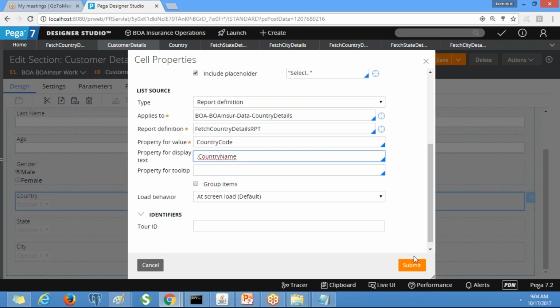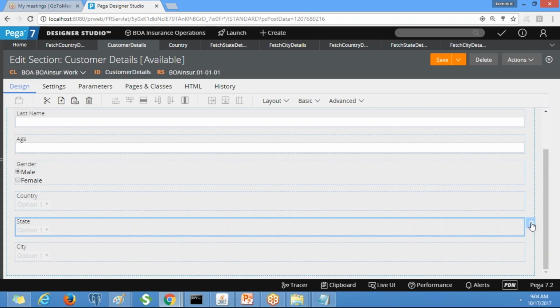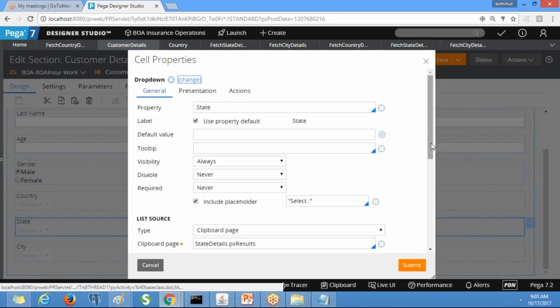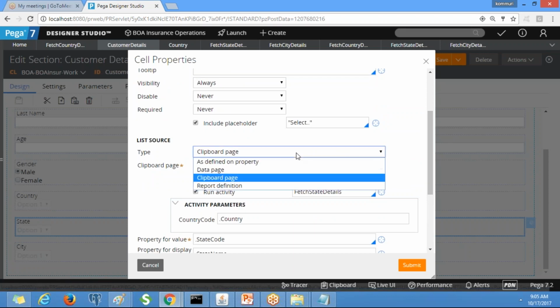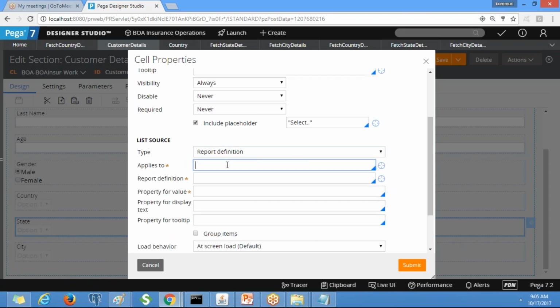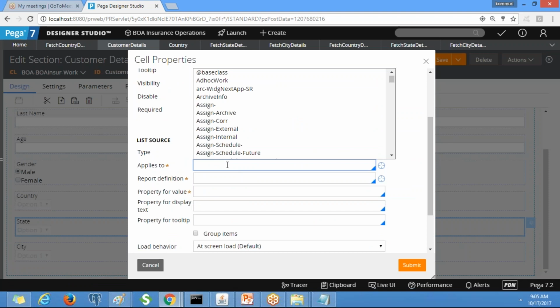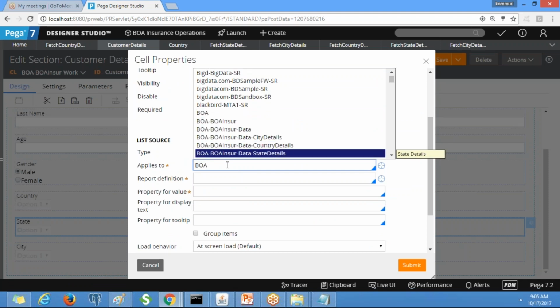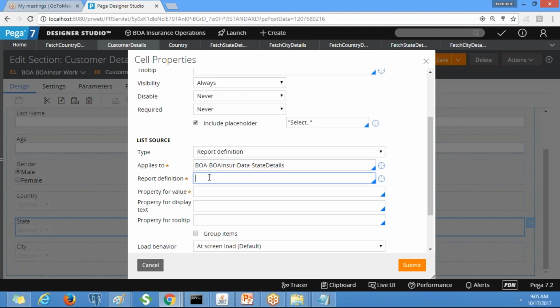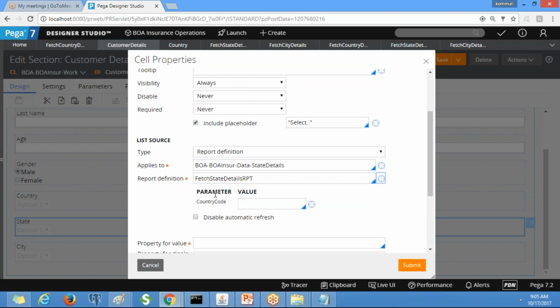Now go to the state, and similarly change the type to report definition. What is the applies to class? Data state details, right? Now tell me, what is the country code we need to select? What is the parameter? There we selected param dot value. Here we need to select the property.